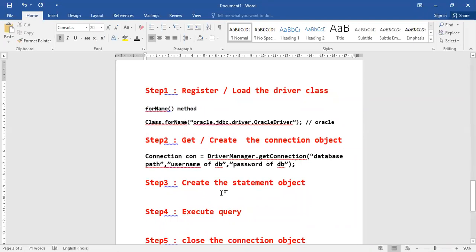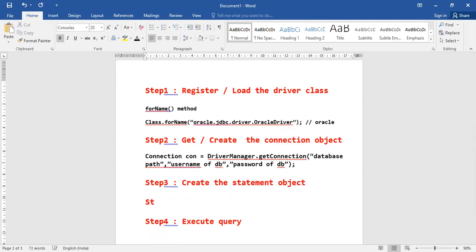Now I need to write my SQL statements. All I've done is create a connection. That's it. I've loaded the driver, I've created a connection. Now you have to create something called a statement object. Okay. Now all these are keywords. Connection, statement, all these are keywords.